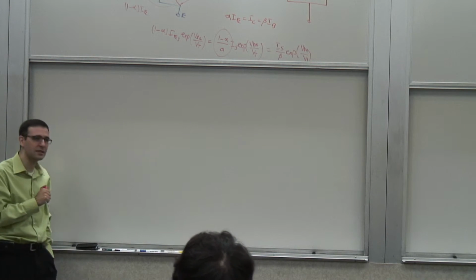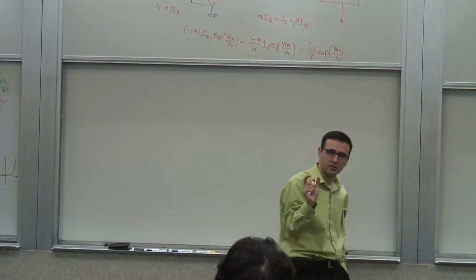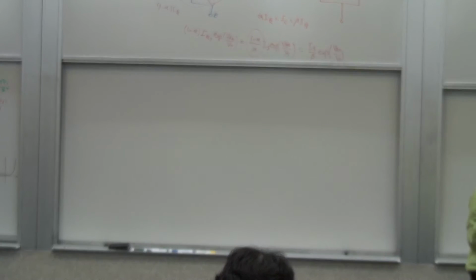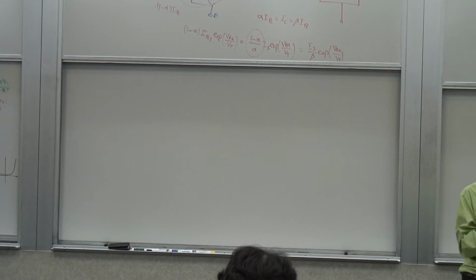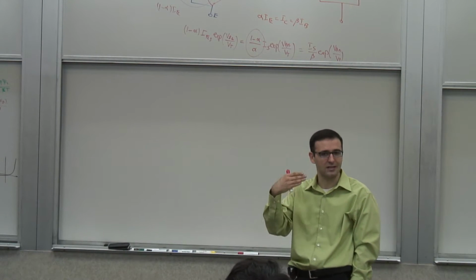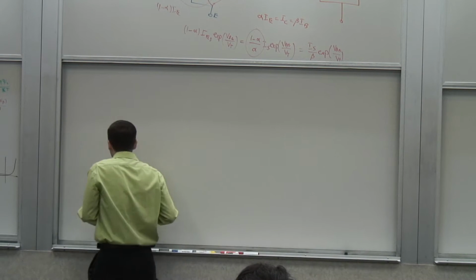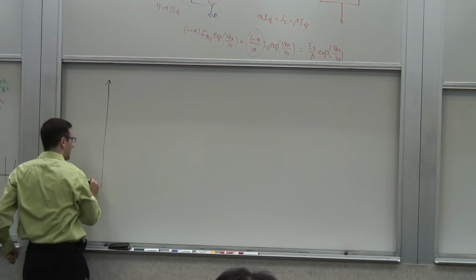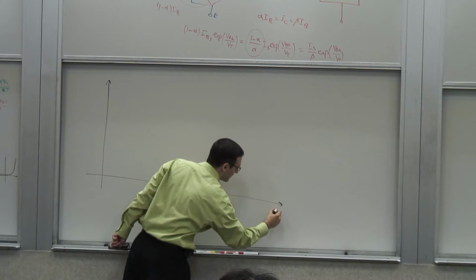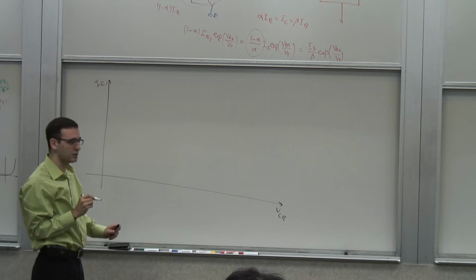Now, the interesting thing is that so far, what I've assumed is that the width of this depletion region and the electric field there has no effect on the current, the total number of electrons that make it to the collector, right? Well, to the first order, they shouldn't have much of an effect because these electrons are injected from the emitter anyway, right? It sounds like it's the emitter side that controls how many electrons end up. But now, if you go and actually take a real transistor and look at its IC versus VCE, the collector current versus the collector emitter voltage,